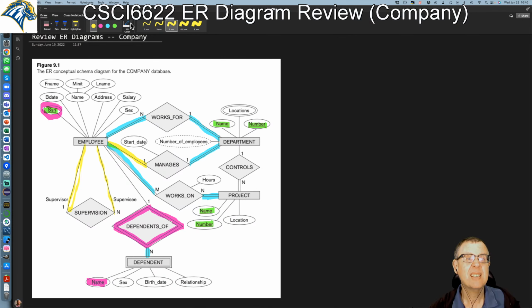So the next thing to think about are the cardinalities, right? This is saying that every employee has one supervisor, but each supervisor can supervise many employees. This is saying that we only need to get one employee as the dependent, but each of those one employees can have multiple dependents. This is saying even though it's partial participation, each employee can work on many projects, and